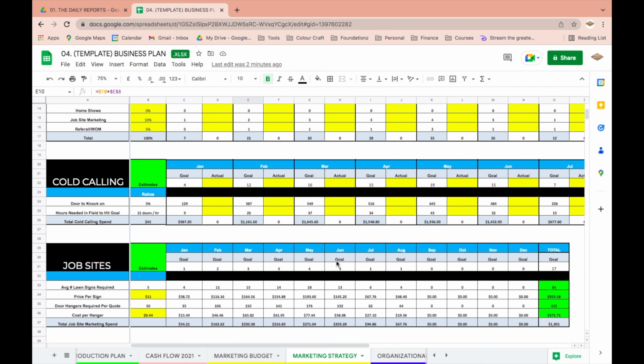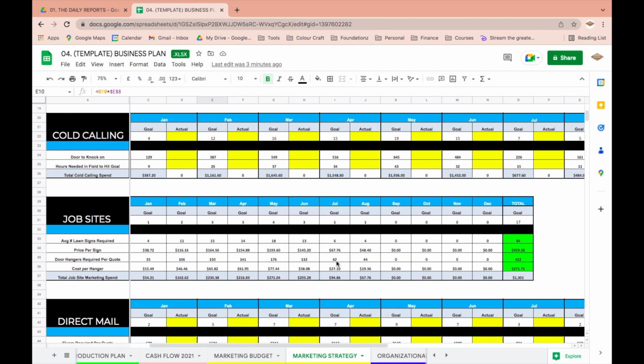It's not even high enough. You could barely hire a marketing team for such a little amount of time. But the ease of doing that goal is quite ridiculous, as long as you can go out and just cold call and walk around in neighborhoods and talk to people. So you can pick how you want to run things. If you don't want to use cold calling, there are other tactics, but you need to think through it and make sure that you're going to hit your estimates goals every week.